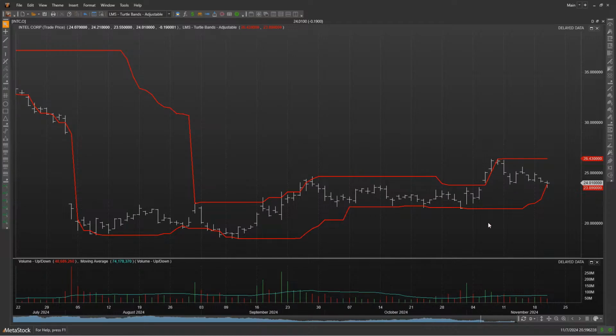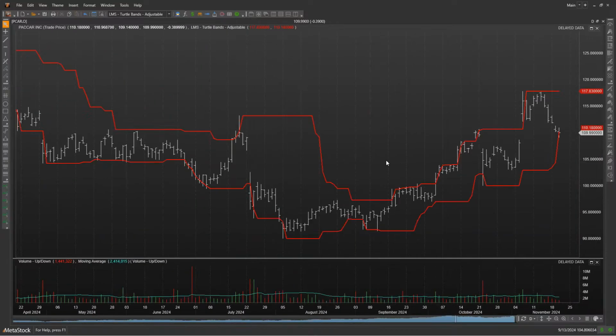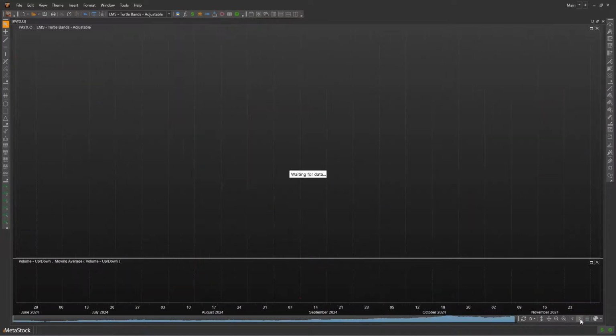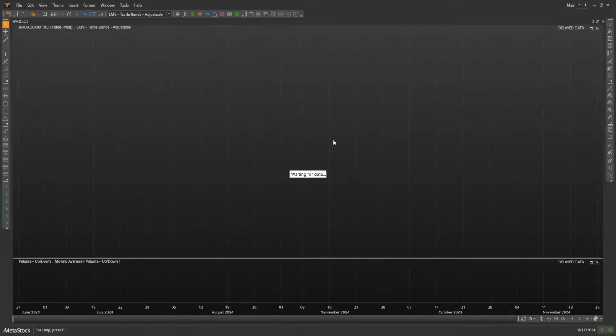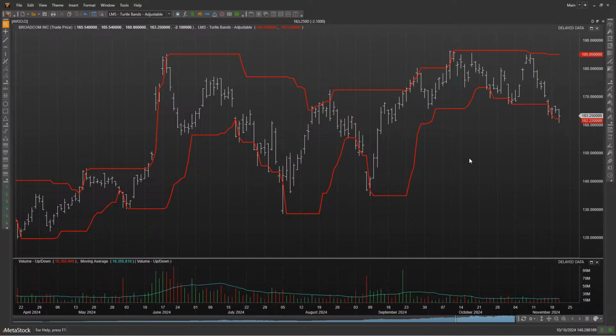But the beautiful thing is then when I click on my right pointing arrow, I go to that next security that was in that report, and very quickly I can cycle through all of those securities, for example, that are breaking down below that lower band there. So that's a feature, again, like I say, in version 19 that I absolutely love: you run your scan, you sort the data on anything that you want, you open up that first security, and then you can cycle very quickly through your securities looking for the signals that are of interest to you.